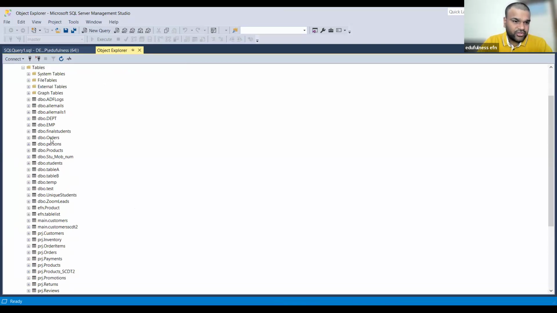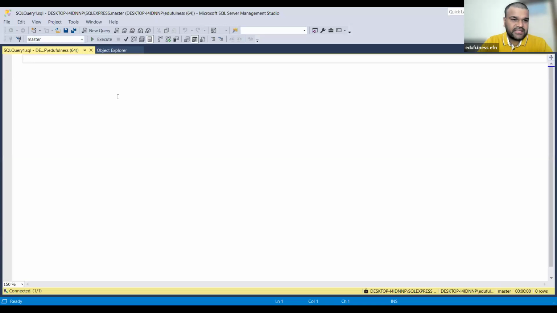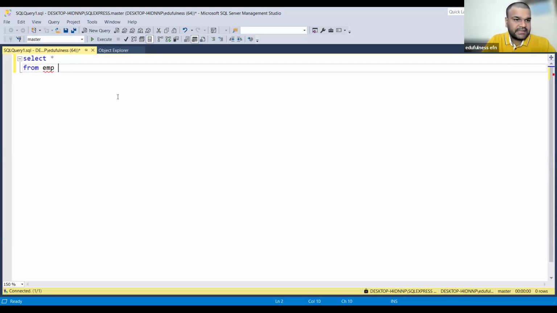So as I told yesterday, from which table you need the data, that is what you mention in the FROM clause. So here you can see, we can write the queries. SELECT star FROM EMP. And always recommended, it's not mandatory, every clause try to write in a separate line. Day one onwards, please try to practice like this.